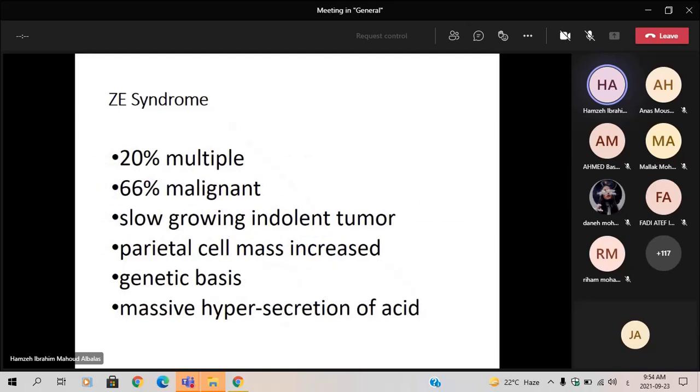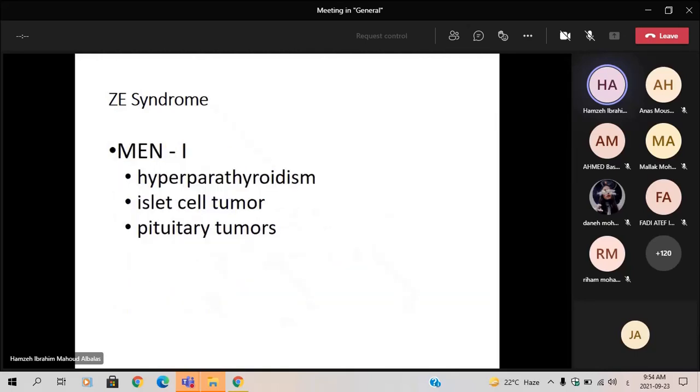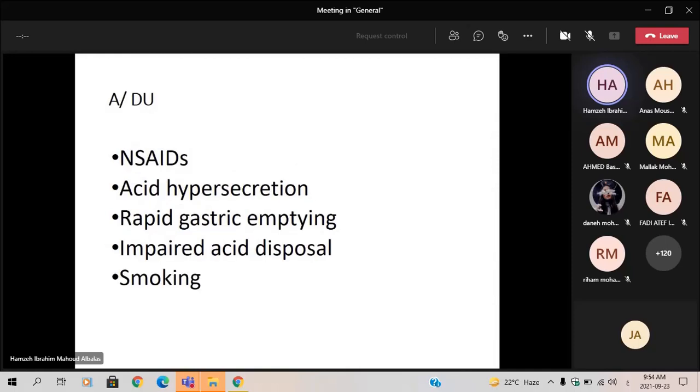20% are multiple, 60%, 66% are malignant, and it's a slow growing indolent tumor. Maybe parietal cell mass is increased, genetic basis also we have to know, and massive hypersecretion of the acid. In MEN1, there is hyperparathyroidism also presented with islet cell tumor and pituitary tumors. Also, the duodenal ulcer may be presented due to NSAID, acid hypersecretion, rapid gastric emptying, impaired acid disposal,